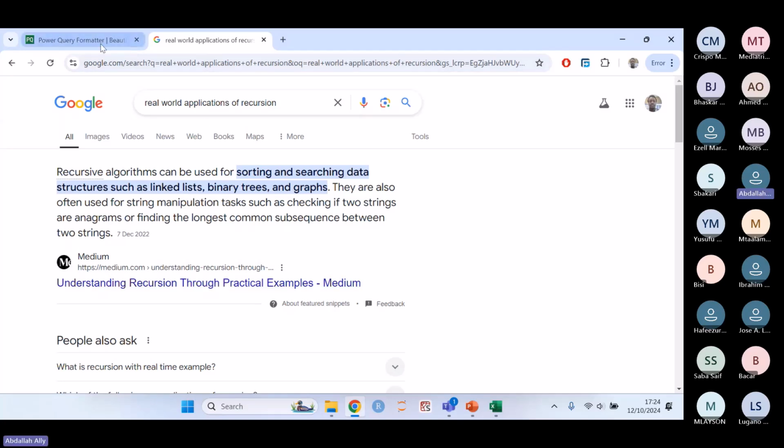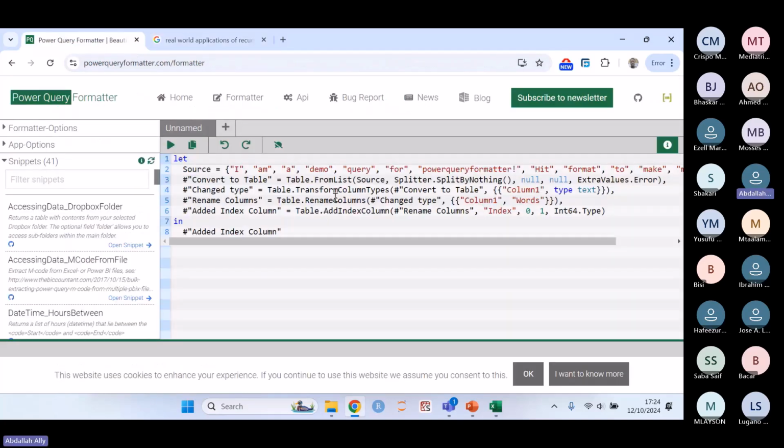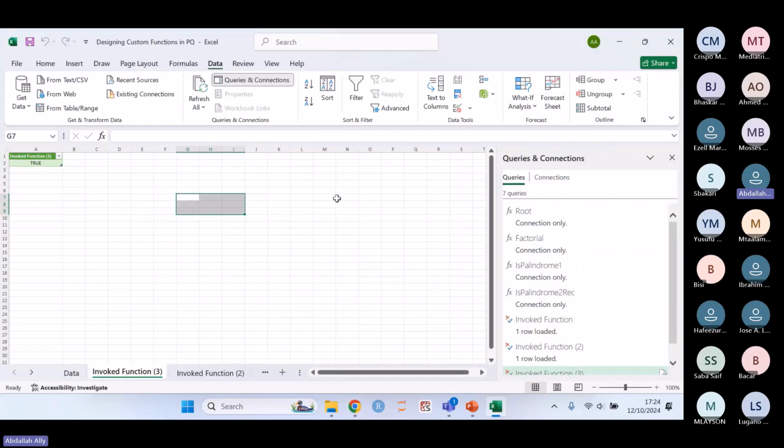Okay, so let us finish our presentation first. Then we can come back with maybe some practical examples. Okay, so now I want to apply what we have learned to a real world task here. I have a data here. Let us see how we can